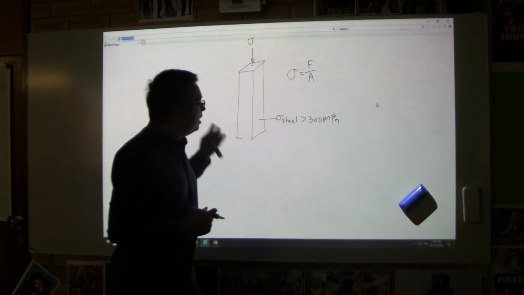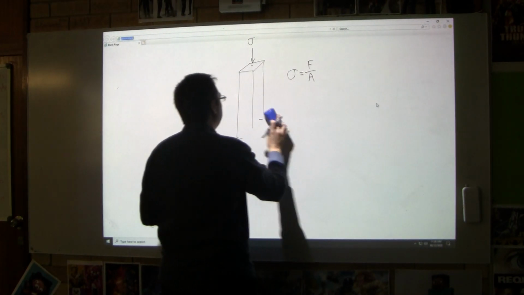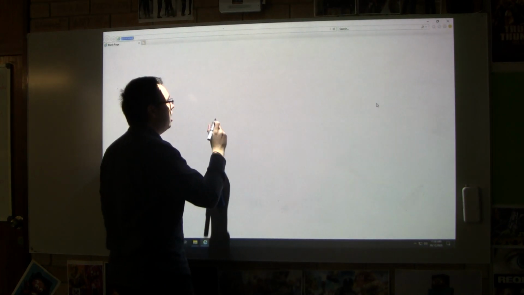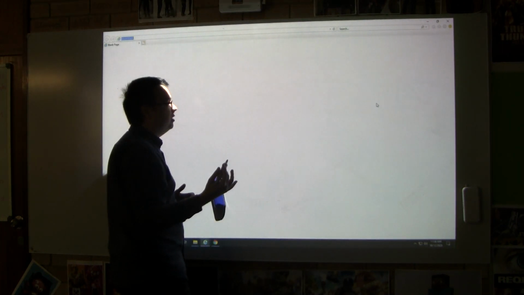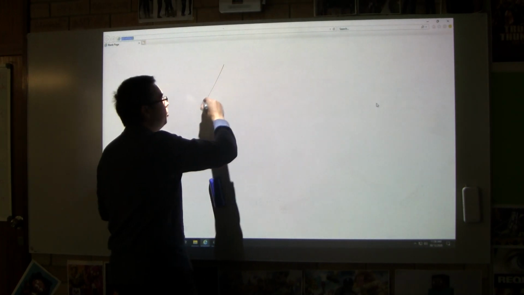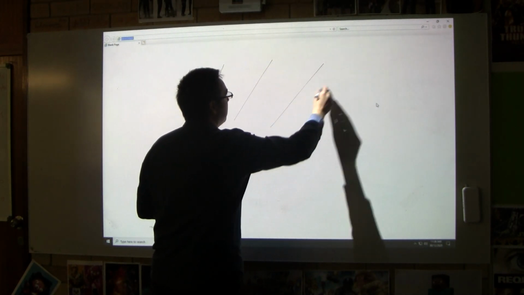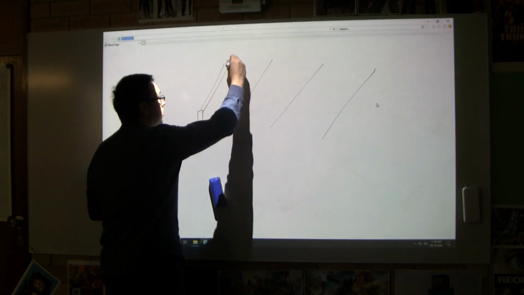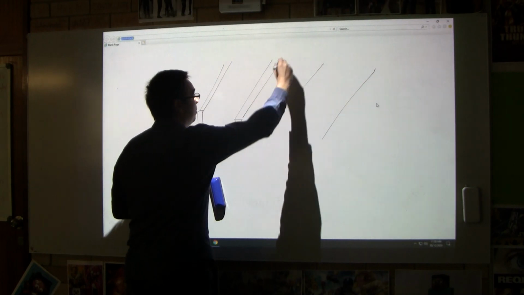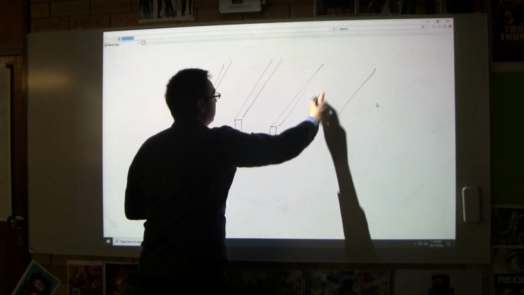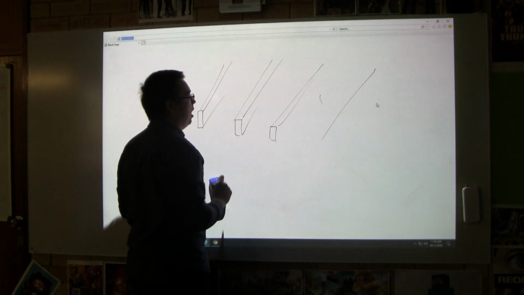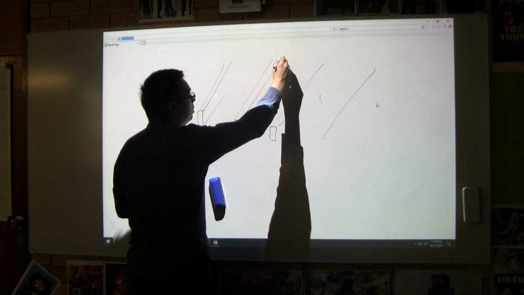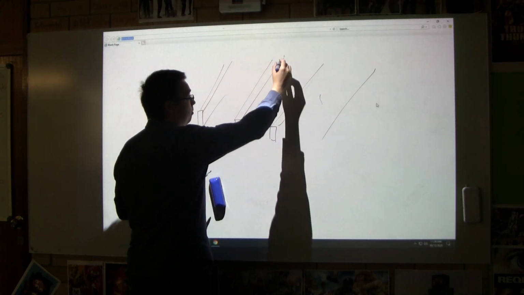Okay, the next thing we're going to talk about is when we have to span distances. So if I'm building a house, one way of building a house is to have the roof supported on rafters, right? Pieces of wooden or timber members that support the roof. On top of that we put battens, and then from the battens we put other things. What happens there is the weight of the roof is being supported on this member,